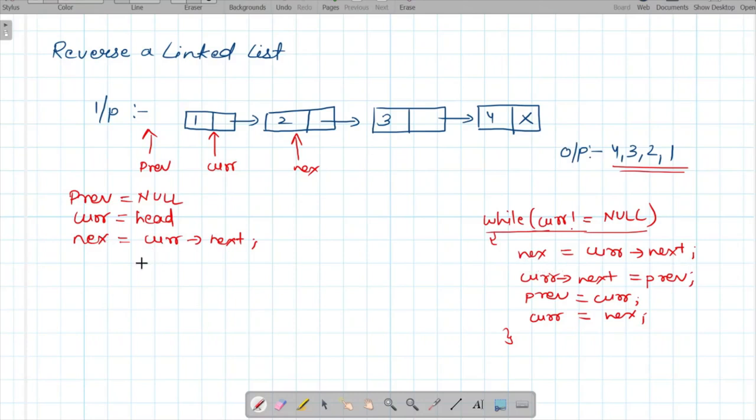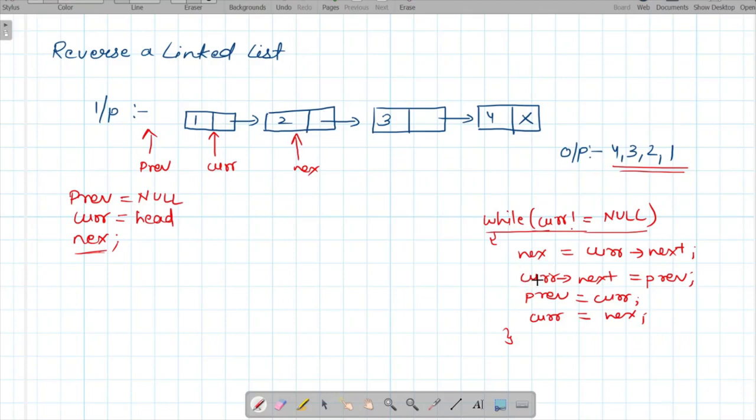If we are writing this line inside the while loop, then initially we will just declare this next pointer, and then when we are running the while loop, we will set the value of next as current's next. So once this is done, our next pointer is pointing to this 2 node.